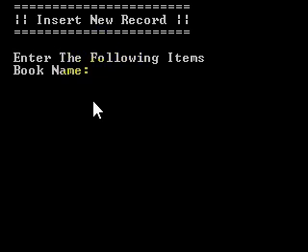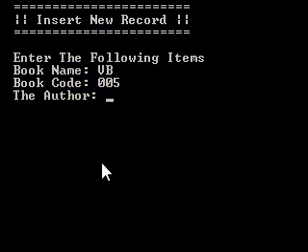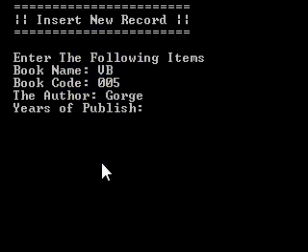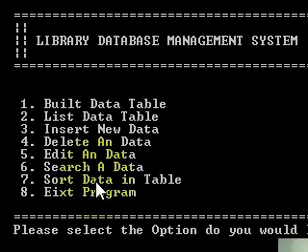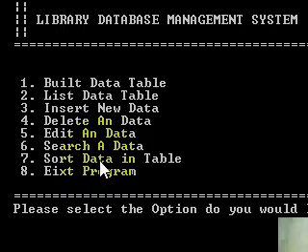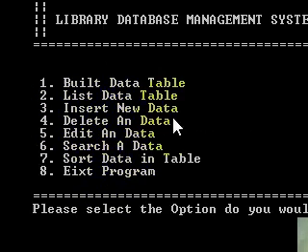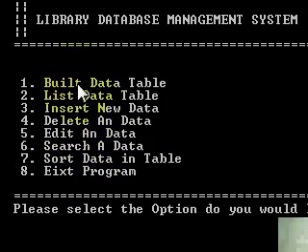For example, I want to insert VB, and then my code is 005, and the author is George, and the year of publication is 2007, and then the room number is 7, and then we'll be back to the menu option. You remember that with insert new data, we can insert only one record. The difference from the big data table is that we can include many records in the big data table, but for insert